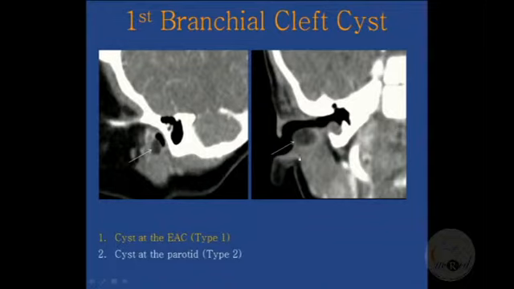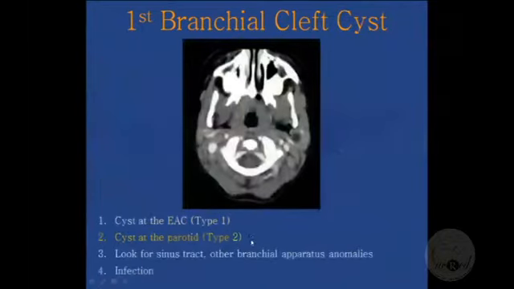When you see a cyst in and around the external auditory canal, the things which you look for are any sinus tracts going deeper, and also whether there are any secondary signs of infection. Because many times these patients present with secondary infection. And here's the thing. When you see a periauricular abscess or